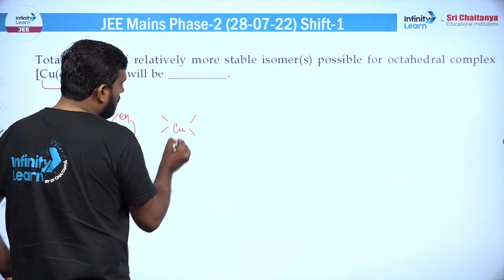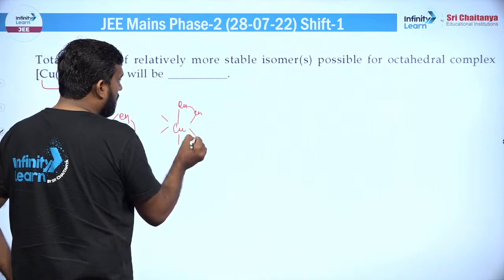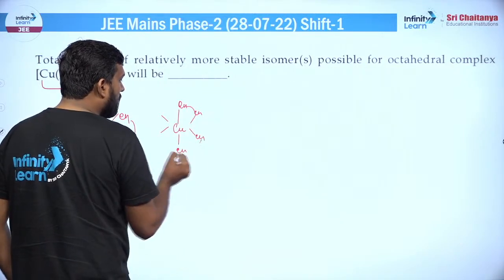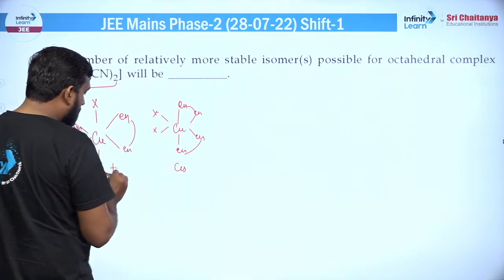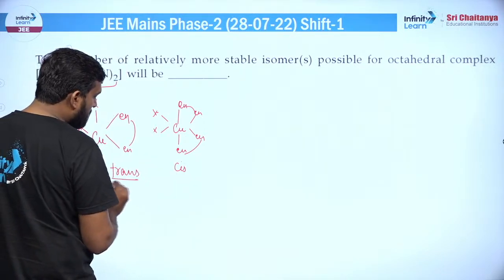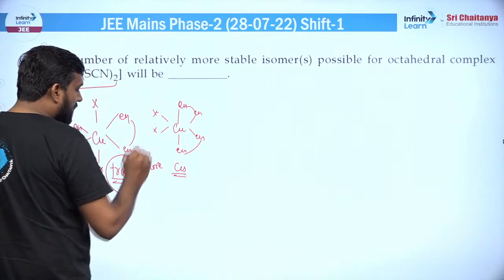इस तरीके से बना लो, ठीक है, कि यहां पर हमारा EN हो जाए, यहां पर EN हो जाए, यहां पर EN हो जाए और यहां पर आपका ये आ जाए। तो ये आपका सिस हो गया और ये आपका क्या हो गया बेटा, ट्रांस हो गया। अब इन दोनों में, सिस और ट्रांस में कौन सा ज्यादा स्टेबल है, ये ज्यादा स्टेबल है।